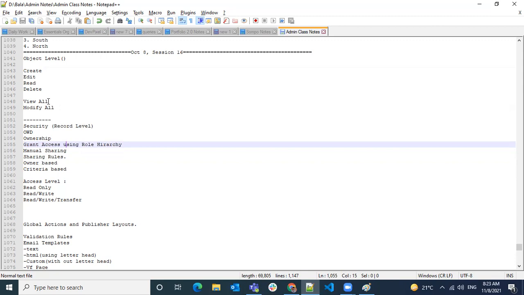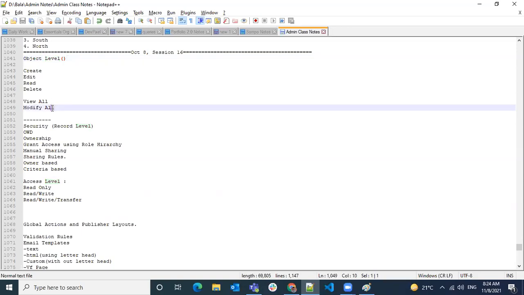It's going to override. When you have view all permission, you're going to view every record in your object, so whichever object you're talking about, all the records will be visible to those profile users.